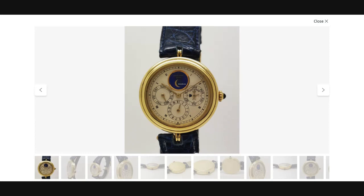It almost actually gives out the scent of old money in a certain way. And the color scheme is perfectly balanced in this case, too, between the double stepped bezel of the case, the beautiful framing of the moon phase indicator, right? That gold around lapis lazuli with the crescent peeking through. In this particular constellation, it's just amazing, and the way that that navy